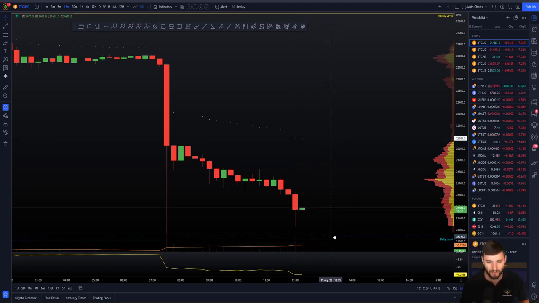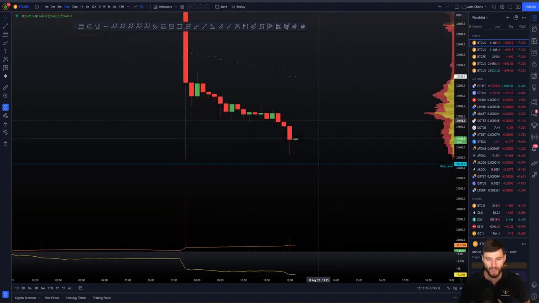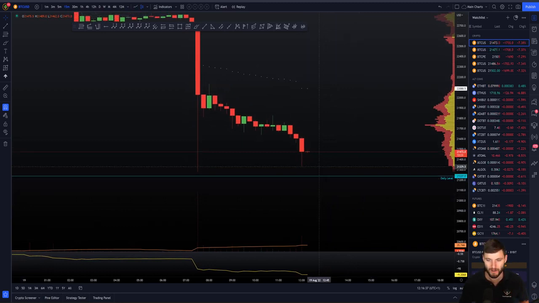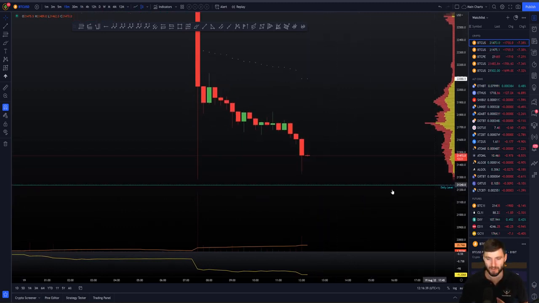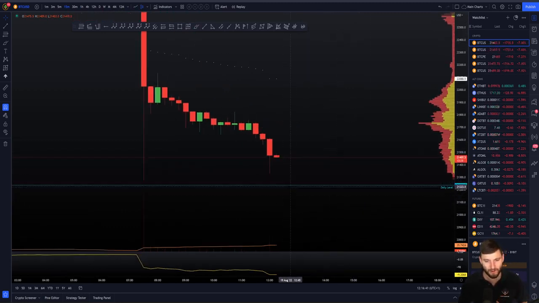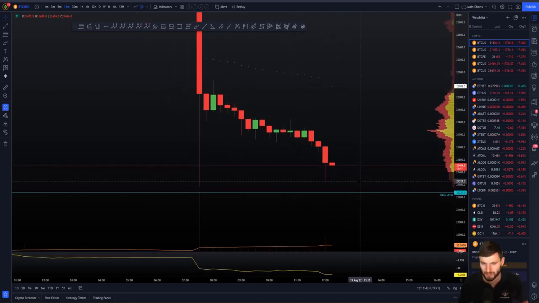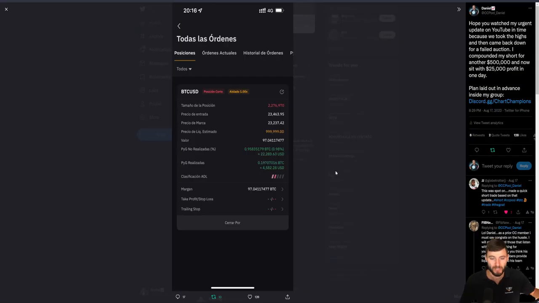Right now, I'm obviously looking at this daily level, which you can see marked out. Do we get a reaction from the daily? Time will tell. If we do not get a reaction, then I can look down simply for lower. This is not a massive level by any stretch of the means, but it is a level nevertheless. It's a level that I'm looking for right now. It's a level that I'm happy to remain short in. I'm not going to panic. I'm not going to be scared. I'm going to be remaining short. I've made my plans, I've traded my plans, and now it's time to be very patient indeed and wait for the fruits and the results to come to me now.